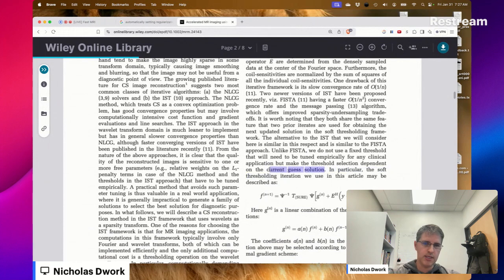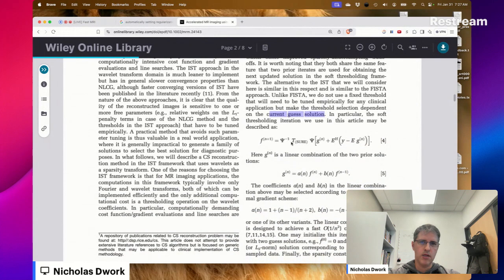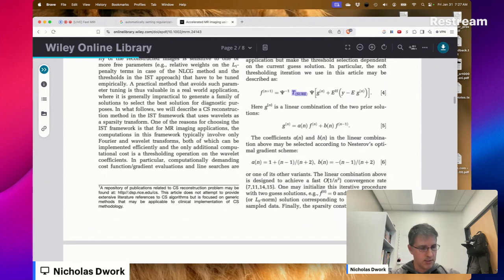FISTA is an optimization algorithm. Well, then, are you guaranteed to converge? Here they are changing the regularization parameter in each iteration. That means you're not solving the same optimization problem in each iteration, and that means you're not guaranteed to converge.